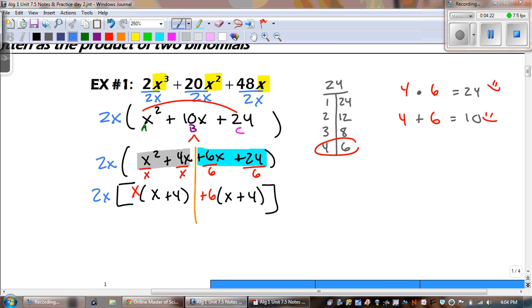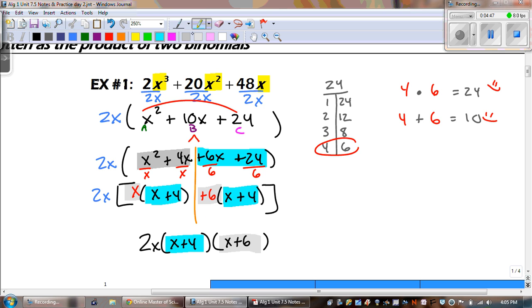Don't forget about the 2x, because the 2x is part of our answer, and then we have our two binomials. Our check right there, the x plus 4, shows us that we did the problem right. And then we have the x and the x plus 6. So we get x plus 6, x plus 4,